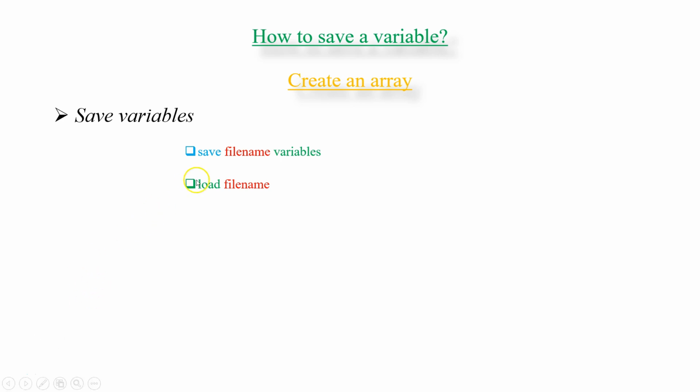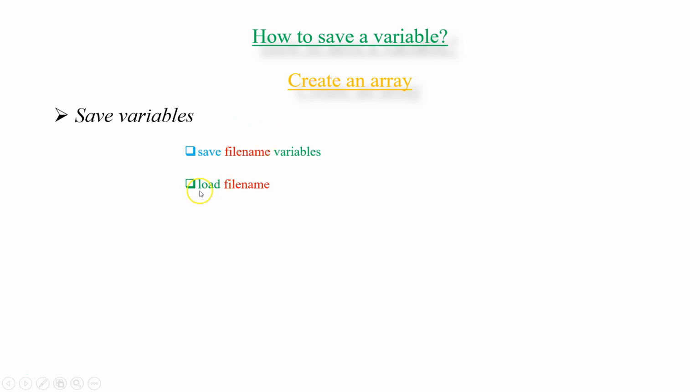The format is this. What we need to do is type save, and then a file name which can be easily remembered, and then the variables that we want to be saved. I will show how. And then if you want to see them back, let's say we had a session, we close MATLAB, and then when we come back, we need to use the variables again for some other purpose. In that case, we need to see the variables that are saved.